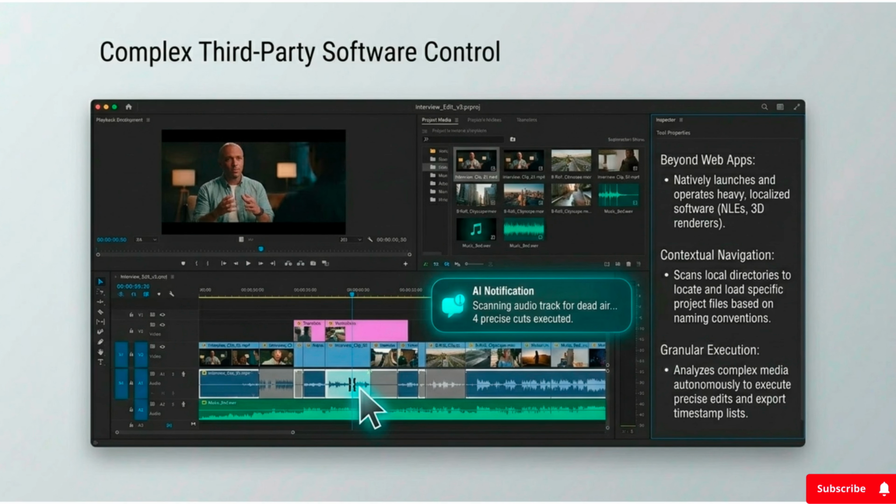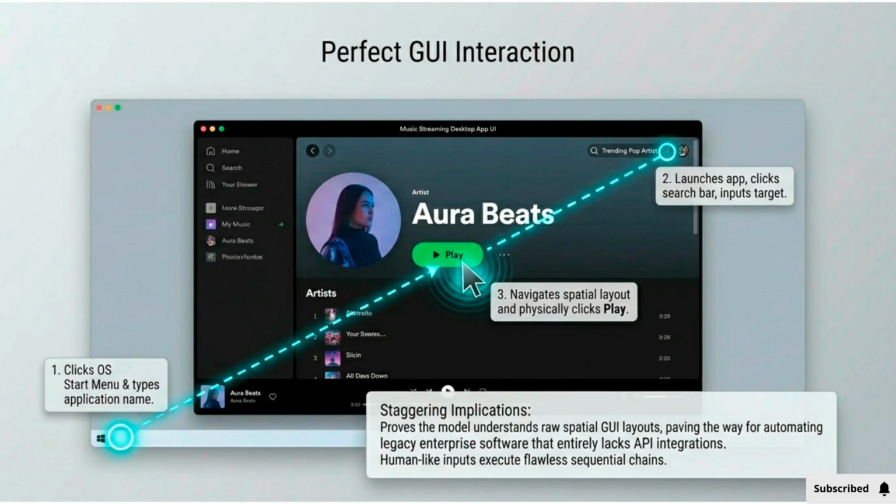automation opportunities across industries. How Generation 5.5 understands graphical user interfaces spatially and sequentially. The AI can open applications, locate search bars, enter commands, and execute precise interaction chains exactly like a human user. This capability is especially valuable for older enterprise systems that were never designed for AI integration. Instead of rebuilding expensive legacy infrastructure, organizations can automate workflows through visual interaction alone. The ability to manipulate GUIs flawlessly means AI can now operate almost any software environment regardless of whether modern APIs